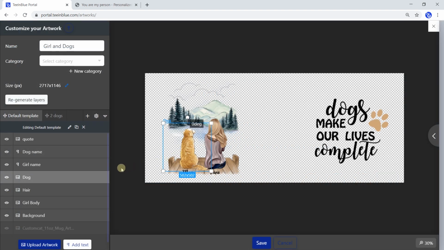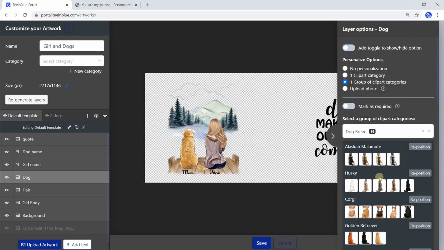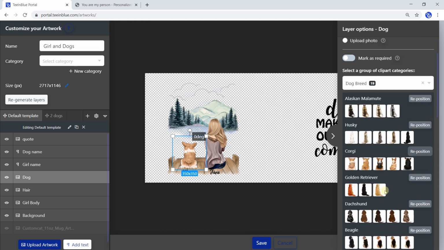The second disadvantage of the reposition feature is that we have to reposition all over again whenever creating a new artwork. This could be a pain if we have many subcategories, such as this dog breed option. In here, we might have nearly 100 breeds, or even more. And we will need to reposition each category whenever creating an artwork for dogs. So it will surely consume a lot of time.